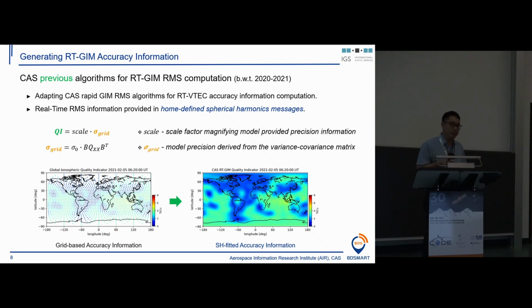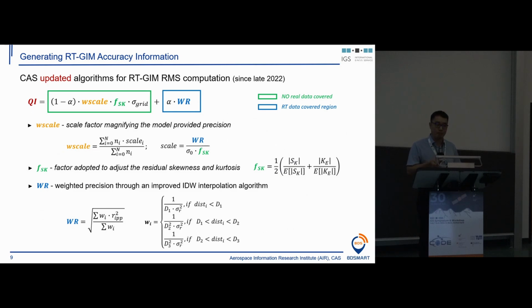And also in our own real-time RMS map, especially in the single frequency PPP, we have found some problems in those provided RMS maps. Then we have made some updates on the algorithms, because in the real-time TEC map computation, we can imagine the uneven distribution of those real-time GNSS stations. So for the real-time accuracy information computation, we took those updated algorithms, which will balance the